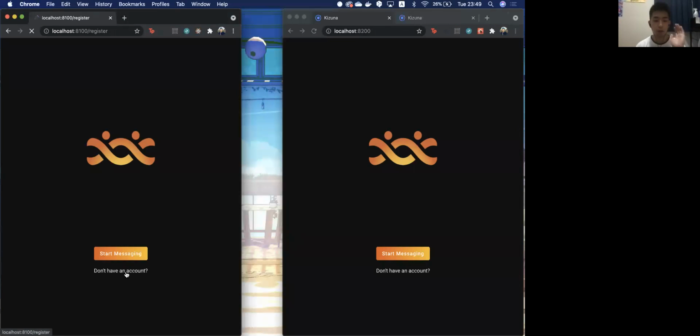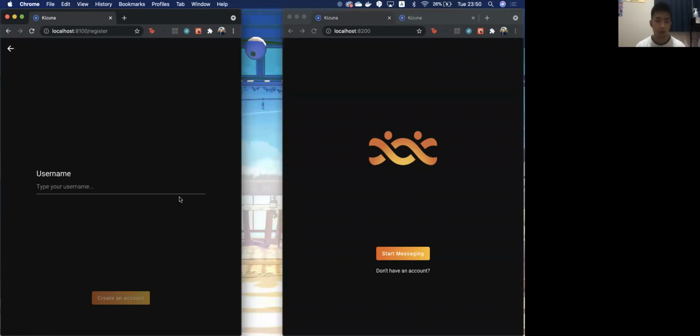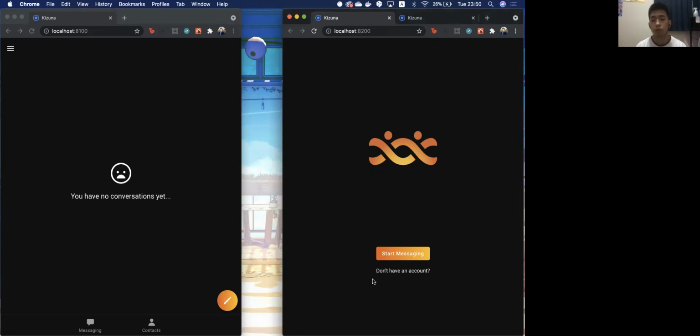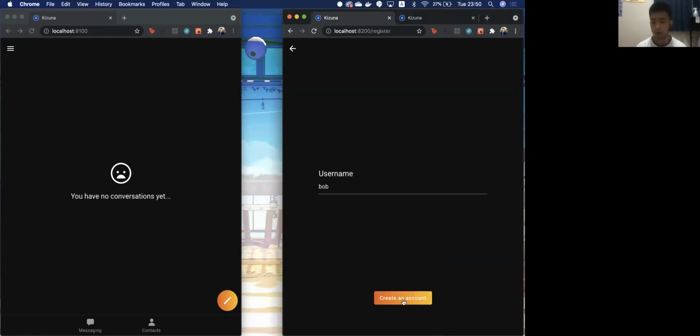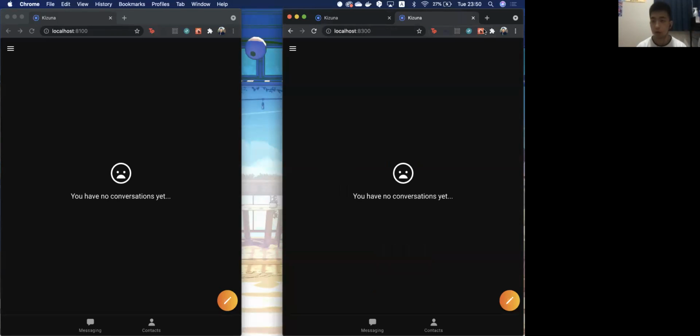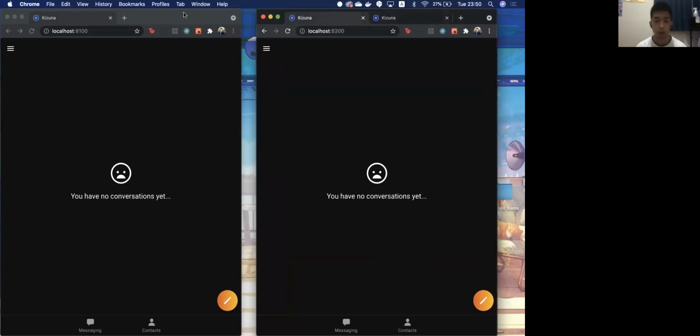So first we will give them each a username just to be able to easily identify the agent. As we know in Holochain, agents are usually identified by their public key, but just so that there is human readable information, we temporarily have a username. To create an account, you just simply create a username for each of the agents. So this is Bob. We could do Charlie. Okay, so right now, these 3 are here.